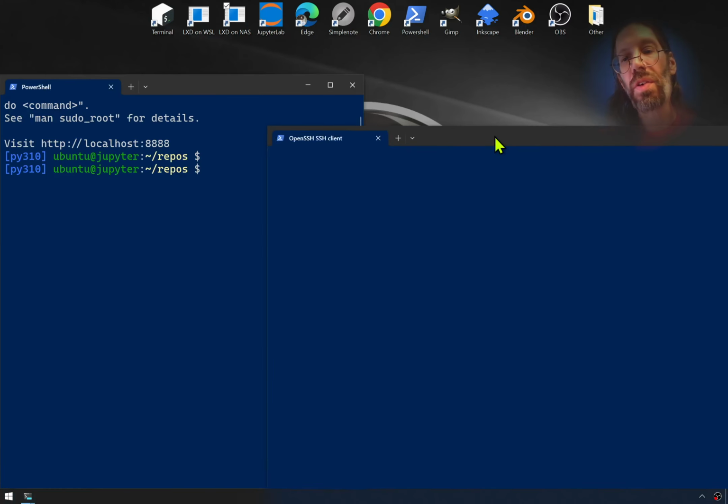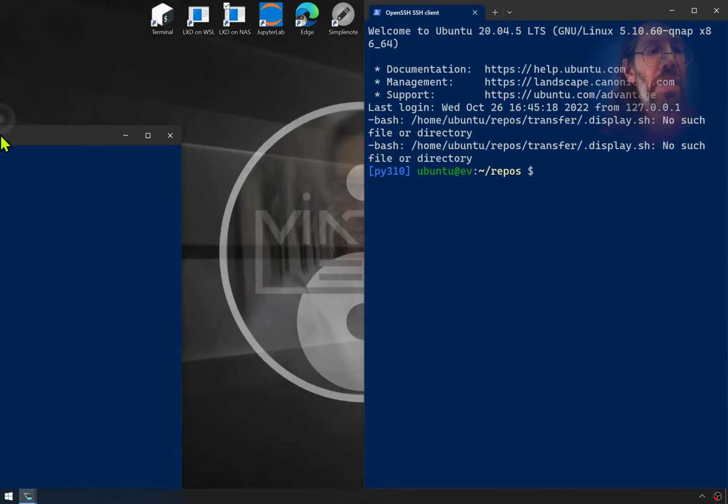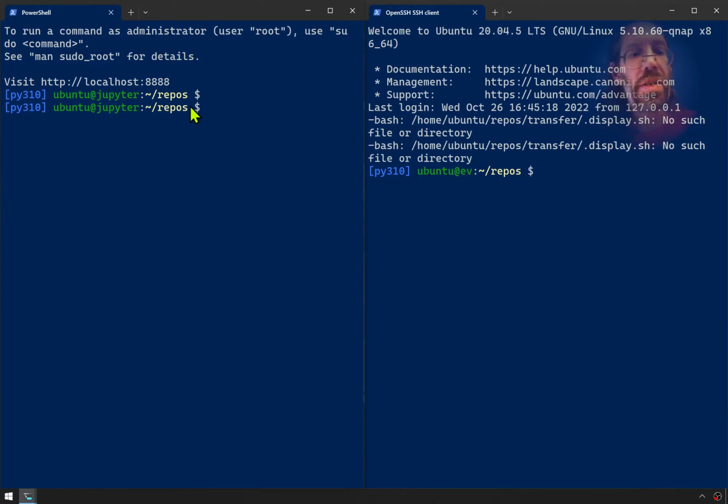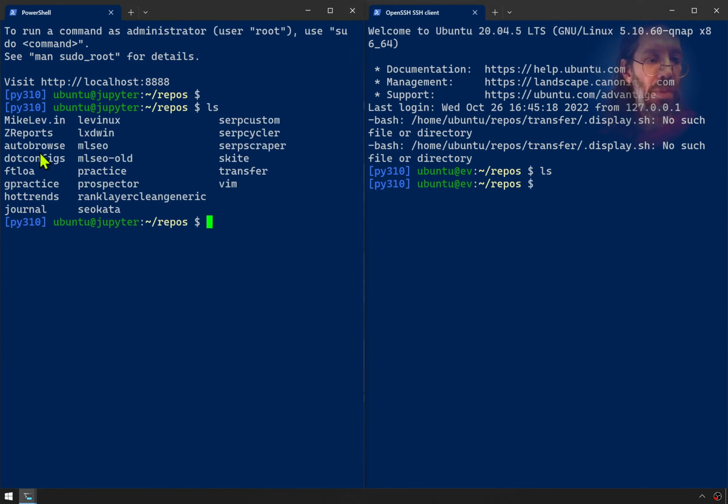So that's this one here. And they're going to look very similar because I got them mostly into parity yesterday, right? This one here on my actual laptop is about the same as this one here on my QNAP server. But they're not entirely the same. If I were to ls in that directory, there's nothing in my home cloud instance. And if I were to ls here, a bunch of my current repos that I'm working on are actually there